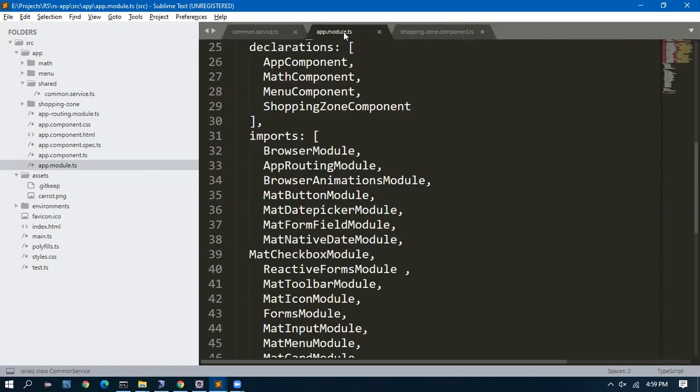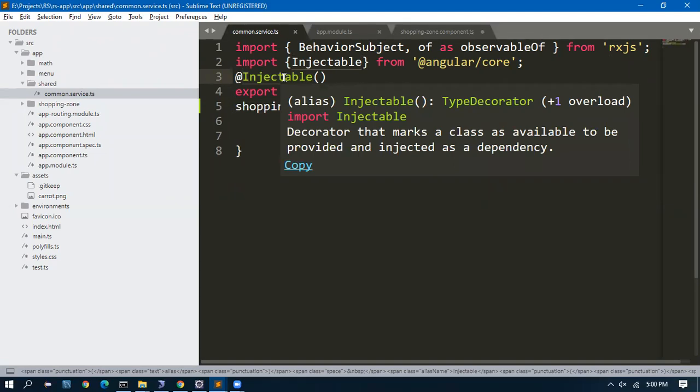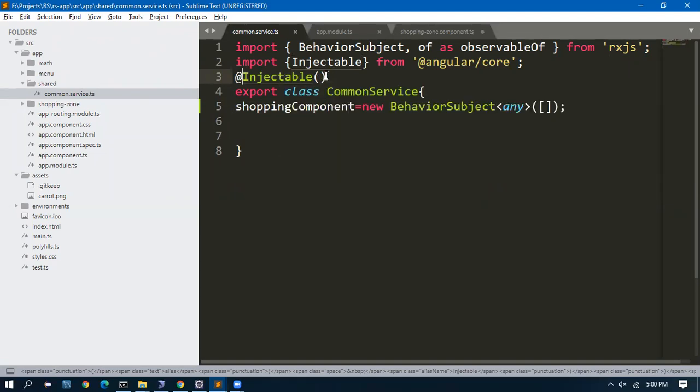Since we are giving it in the provider, we give this injectable word. This will be injected and will be used by all the components. This is a preliminary setup thing. This does not have any relation with the behavior subject. Can we call the injectable as any reference, Rajesh? You are using the at sign, right? It is for Angular to identify that this class will be injected in all the components.